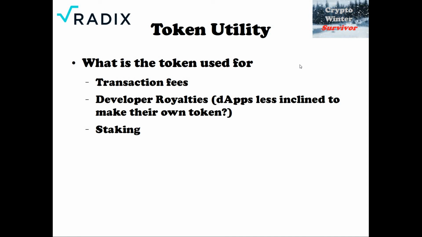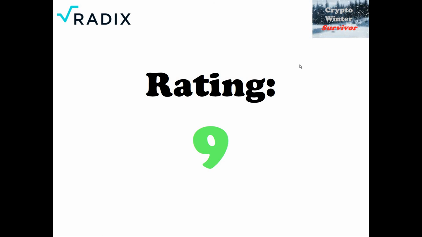This is something I kind of came up with on my own. It's not really stated in a white paper or anything like that. So I don't know if they did it for this reason. They probably just did it to incentivize developers to just come onto Radix. But it also, in my opinion, incentivizes developers to actually use the Radix token. And this is, of course, going to drive demand. And that's always good. And then you have staking as well. So I will give them a 9 for the token utility, because there's a lot you can do with Radix. If Radix as a protocol would succeed, then I would see the token succeeding in price as well.